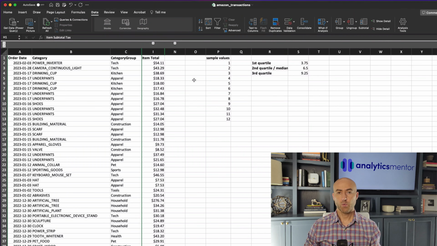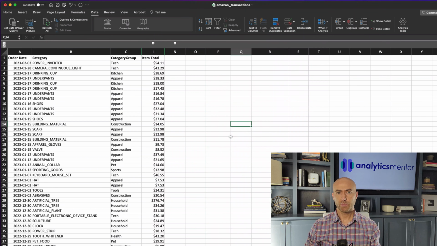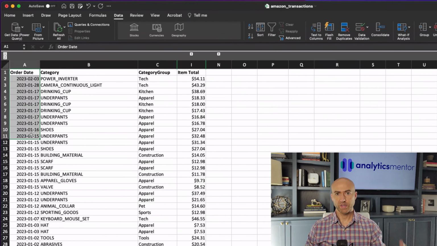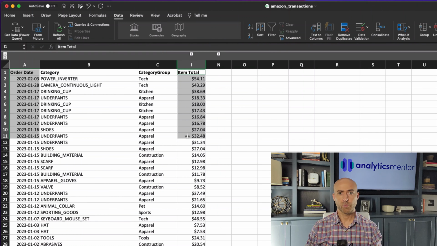Now, the first chart that I want to create here is going to be the bar chart, and what I'm looking to do is display the total dollars that were purchased, and then I want to make sure that when I display this, I'm grouping it by the order date. To do this, we're going to select the cells in column A all the way down through row number 11. Now, the next thing that I want to do is hold down the command key here on my Mac,